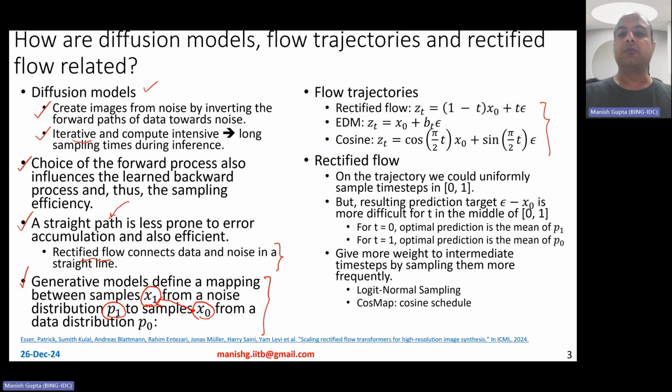Now, a way to move is basically rectified flow, but there are two other ways of moving on these flow trajectories from noise to data or data to noise in that sense. Okay. So a rectified flow basically says that, hey, I'll move on a line. So as time t passes by, this is basically the forward process. I'm going to move closer and closer to noise and further away from x0, which is the real world image